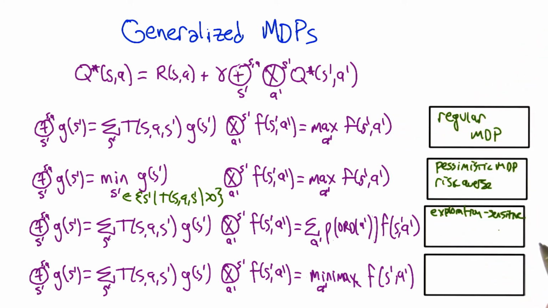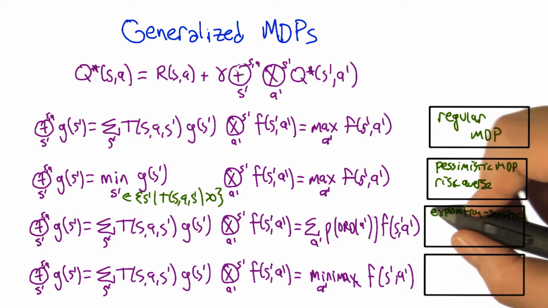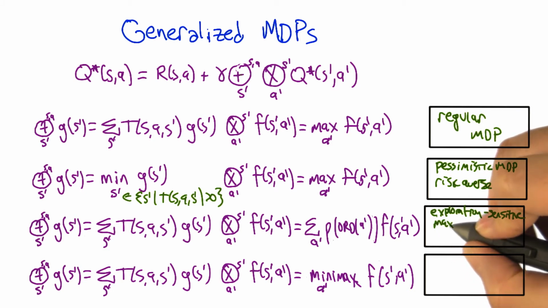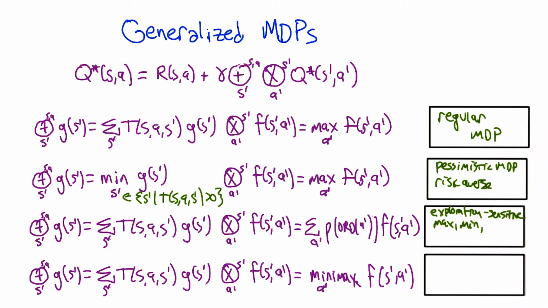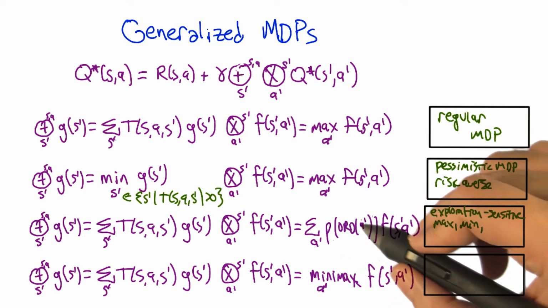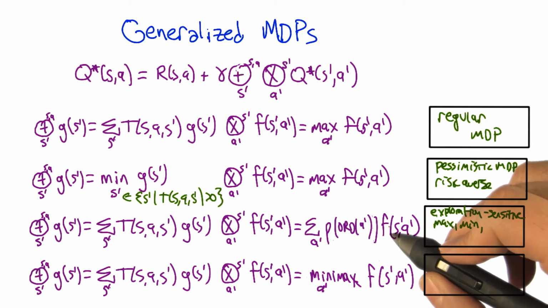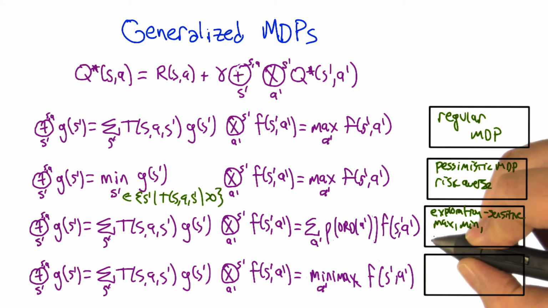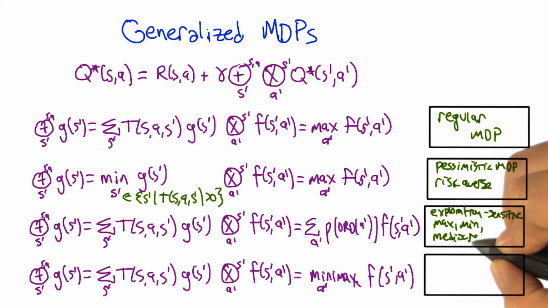Okay. I like that. I can't think of a better name, though. Are there any other names for this besides exploration sensitive? Well, as I said, it generalizes max and min. One of the things that I really like but have absolutely no use for is that you can imagine an update rule where you always are trying to choose the median action, kind of not too good, not too bad, middle of the pack. I guess it's kind of like the decision process for people who just want to be mediocre and not stand out. So I'll say mediocrity sensitive MDPs.